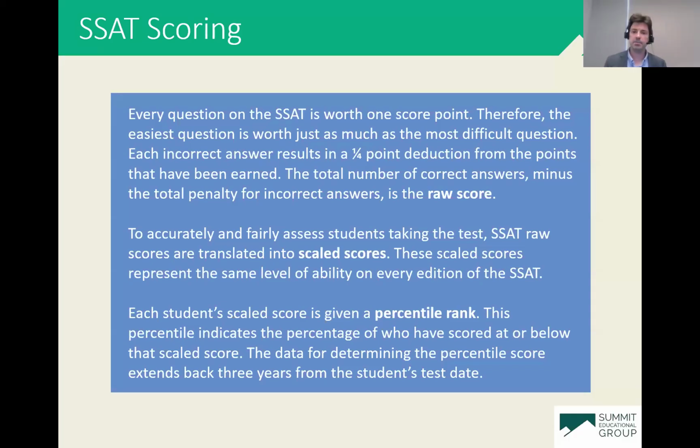Because of this guessing penalty, really at the end of the day, what we're trying to do is maximize the number of questions that students answer correctly and minimize the questions that they miss. But because of this guessing penalty, there is some strategy involved in terms of whether students should guess or not. And here's the strategy. There's 5 answer choices on the SSAT. Anytime a student can eliminate one answer choice, if they have a good reason to know that answer choice is incorrect, so they get it down to 4 answer choices, the odds are actually slightly in their favor that they should guess at that point.